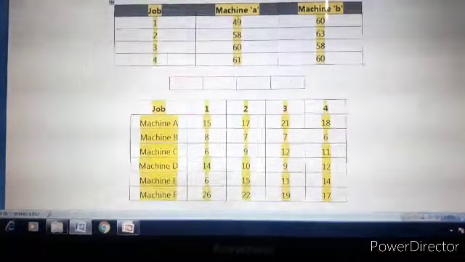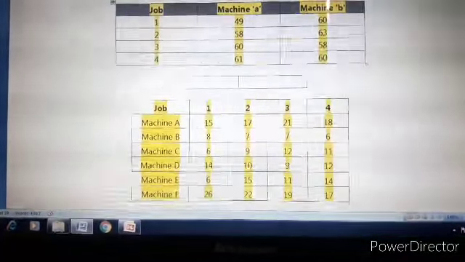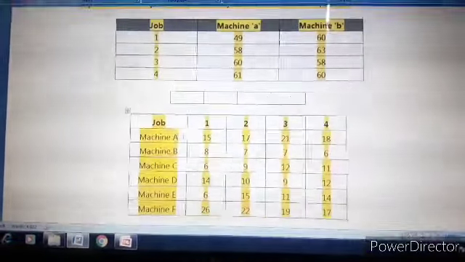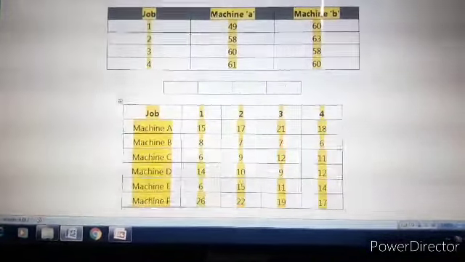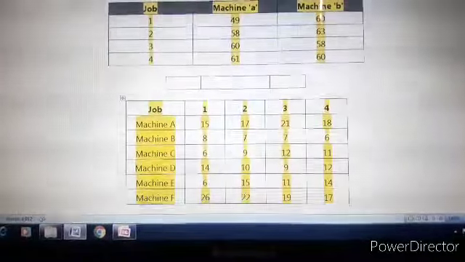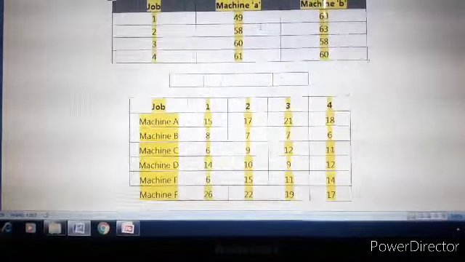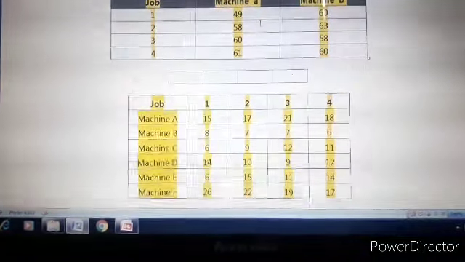How did we get these values? By addition of the processing times of these machines. This table is given in the statement of the numerical, and we have prepared this table as per the addition of processing times of the respective machines.